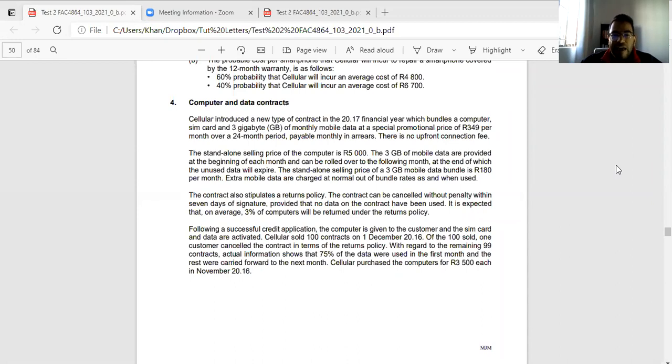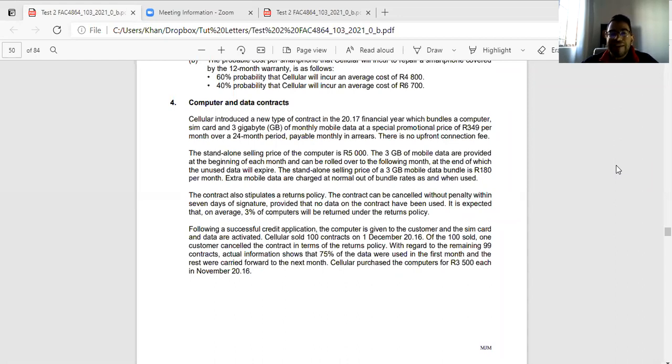The standalone selling price of a 3 gigabyte mobile data bundle is 180 per month. So therefore, we can work out the standalone selling price for the 3 gig data. Because remember, the standalone selling price of the computer is 5,000. So we can work out the standalone selling price of the 3 gig data, which is 180 per month. How many months are there? 24. So 180 times 24 will give us